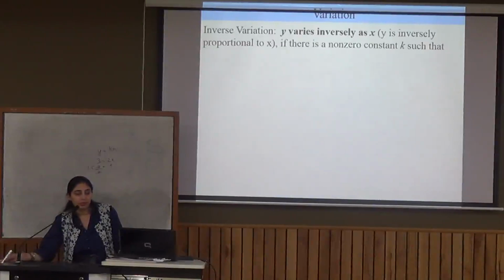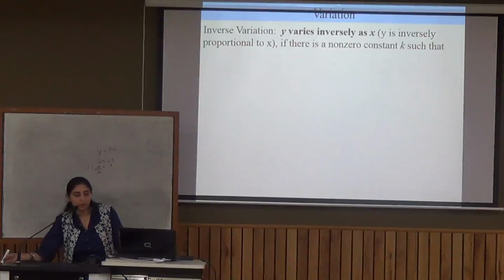Now what is inverse variation? Inverse means it has an opposite effect: when one is increasing, it will have an adverse effect on the other. For example, 5 people complete a task in 3 days. If some more people are added, 7 people together could complete the work in a lesser number of days. So we have inverse proportion here. Increasing one would decrease the other quantity.